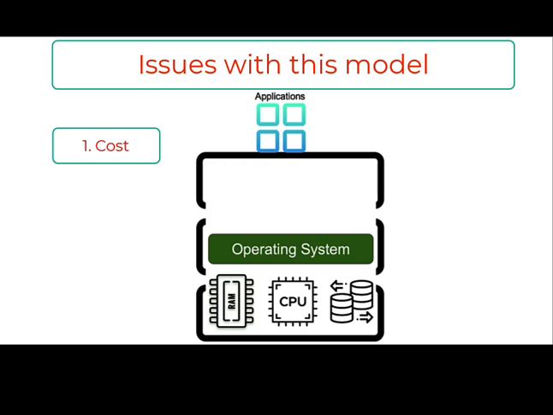Second is the scaling issue. As we have seen, we need a high-end system with lots of memory, CPU, and storage to address high traffic, and companies or network application architects do the capacity planning. But what if for some reason the traffic is higher than the anticipated traffic at the time of capacity planning? We cannot really make sure of the amount of traffic that's going to come, we can only estimate. Let's say Amazon did a good campaign, and instead of 2 million, there were 4 million transactions in the holiday season.